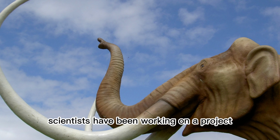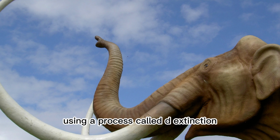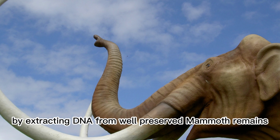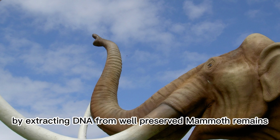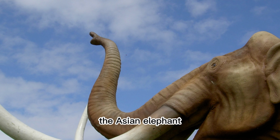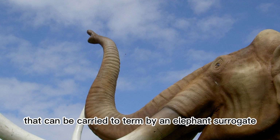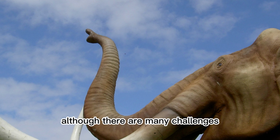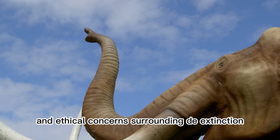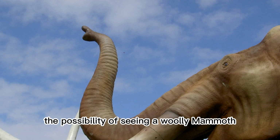Scientists have been working on a project that involves bringing back the woolly mammoth using a process called de-extinction. By extracting DNA from well-preserved mammoth remains and splicing it with DNA of its closest living relative, the Asian elephant, scientists hope to create a hybrid embryo that can be carried to term by an elephant surrogate. Although there are many challenges and ethical concerns surrounding de-extinction, the possibility of seeing a woolly mammoth roaming the earth